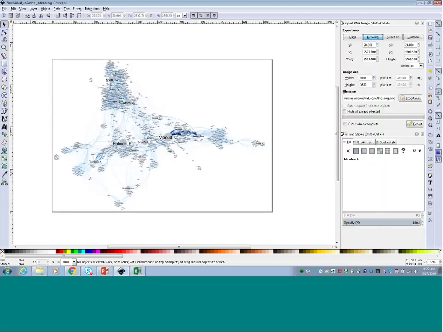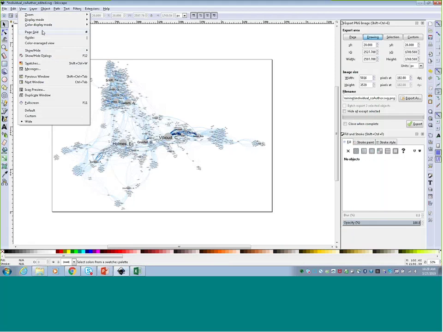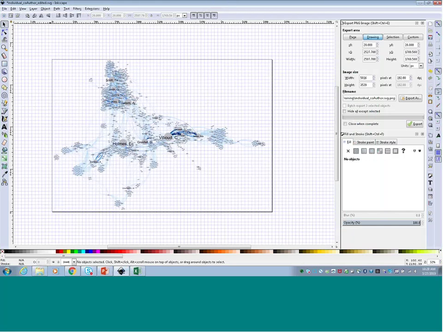I can now go in here and find that particular person. I can either copy this circle directly, or what I typically tend to do is draw some additional circles on top of this that correspond to the right sizes. To get the sizes right, I'm going to turn the page grid on. To do that, I'm going to go to View, and then Page Grid. Now we've got this nice grid that we can work with to get the sizes right. We can align things to this grid to make sure everything's aligned properly.